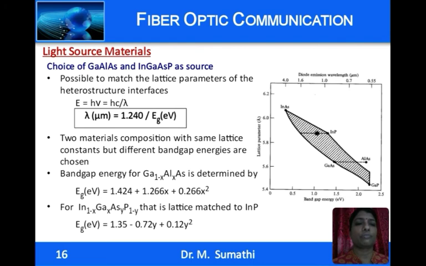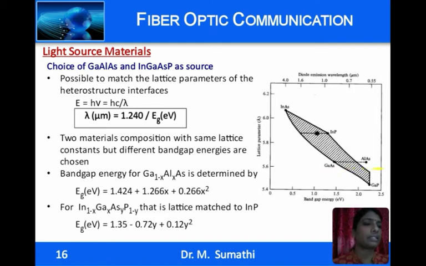the optical source. Okay, the energy of the light emitted by the source is given by E = hν = hc/λ, and λ is 1.24/Eg, where Eg is the band gap energy in electron volts. So, when choosing materials for the source, materials with the same lattice constants but different band gap energies are chosen, as can be seen for gallium aluminum arsenide